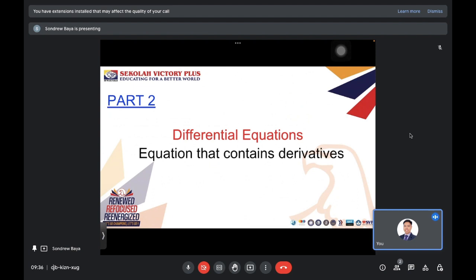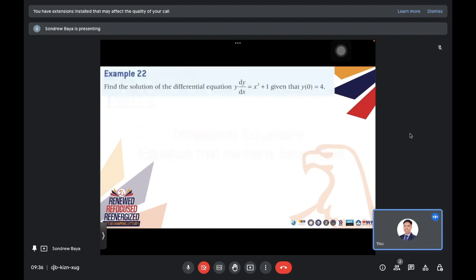So let's have an example here. Find the solution of the differential equation given this function, and also given that y sub 0, the value of the function, is equal to 4. Pause this video, read, and understand. All right. So if you recall, for this particular given,